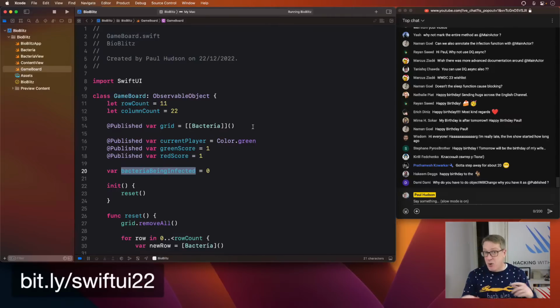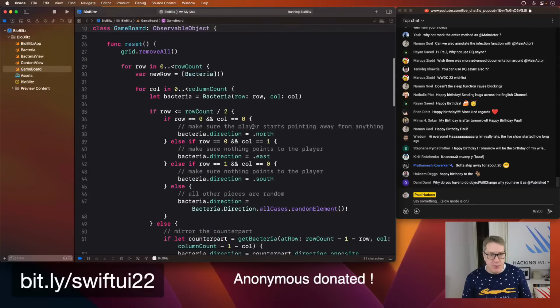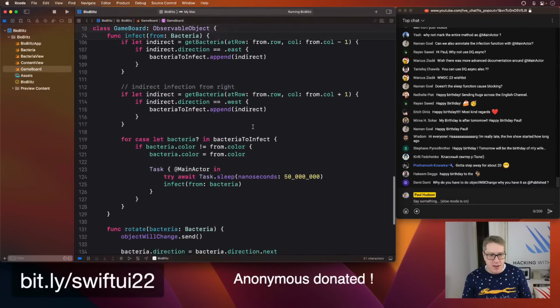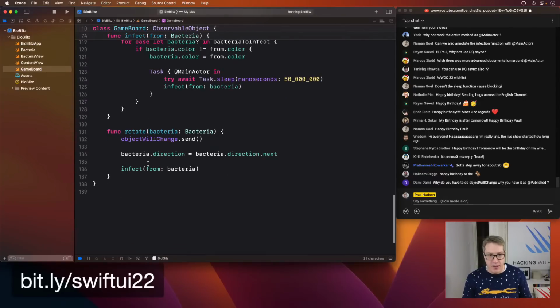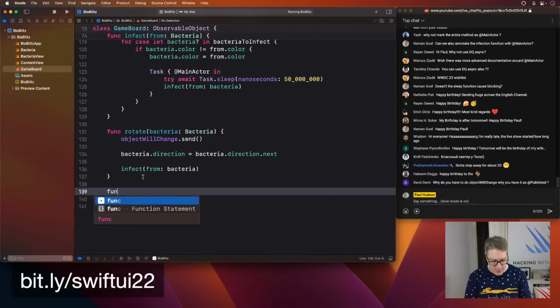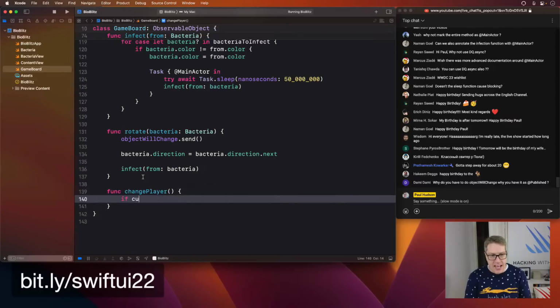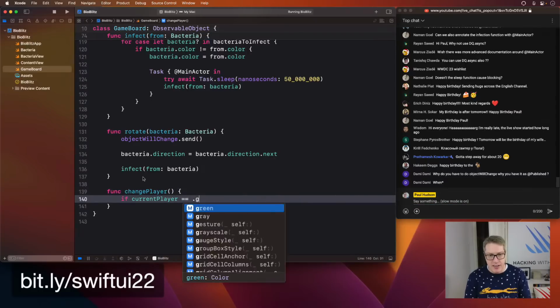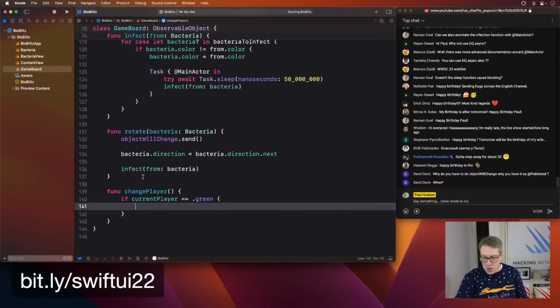So when it hits 0, change player or end the game. So, changing player, that's easy, right? We can go down here and add a new method that toggles between green and red freely. So we'll say there's a function called change player. And if the current player is green,